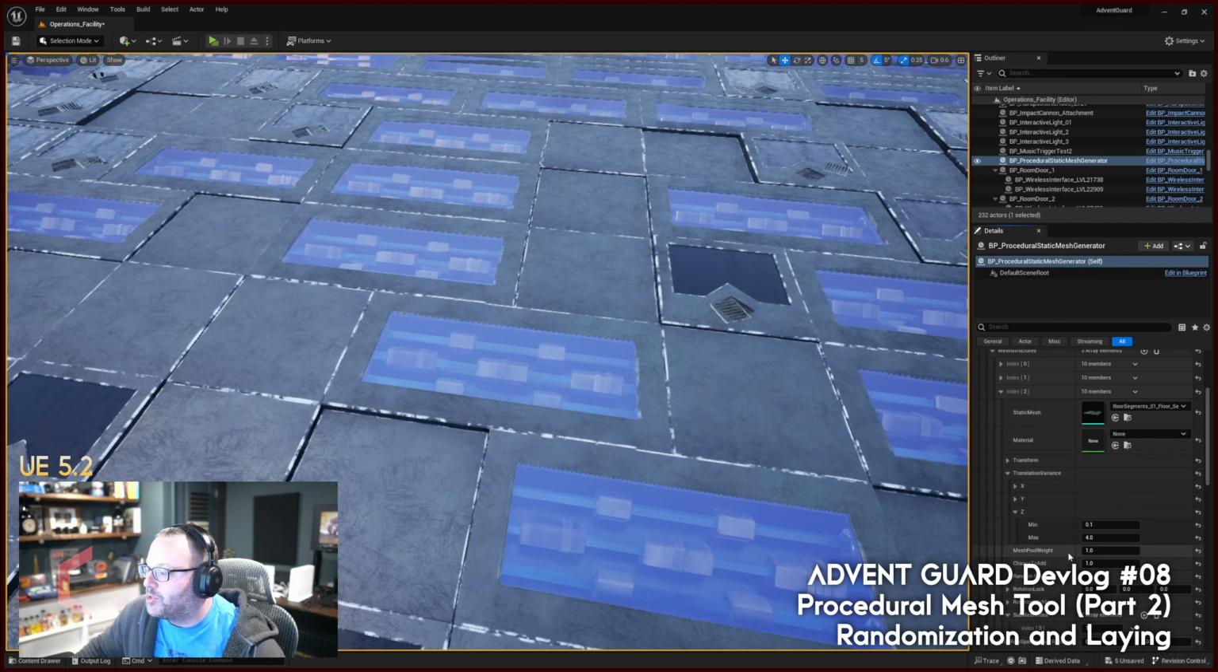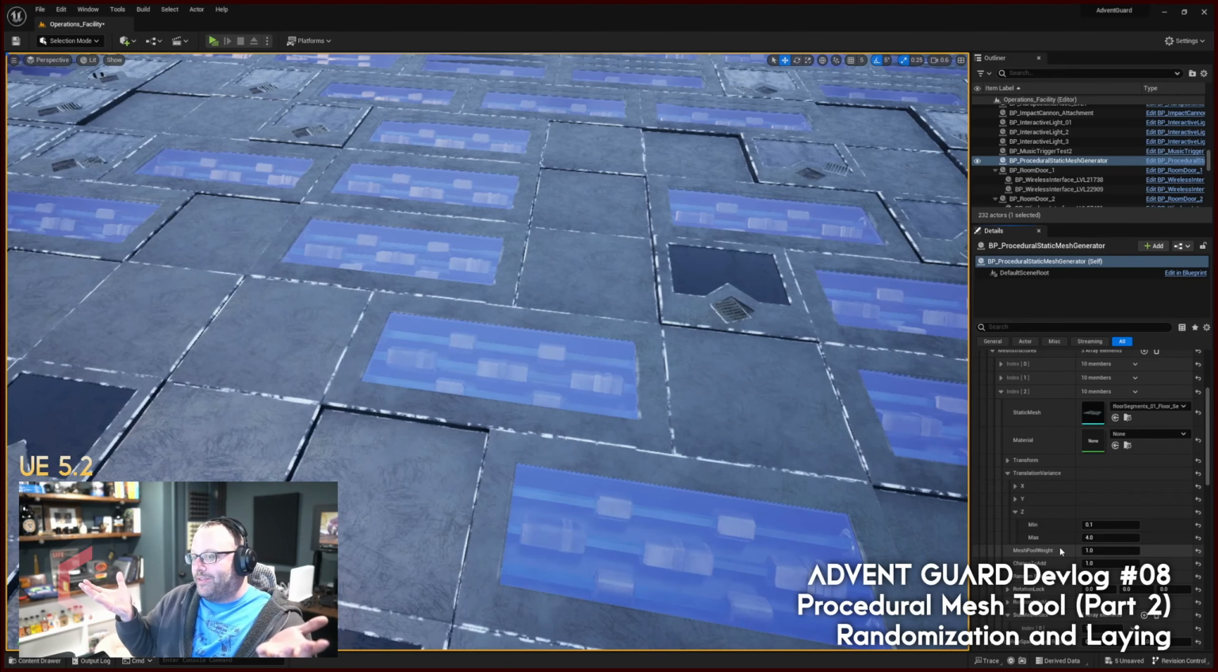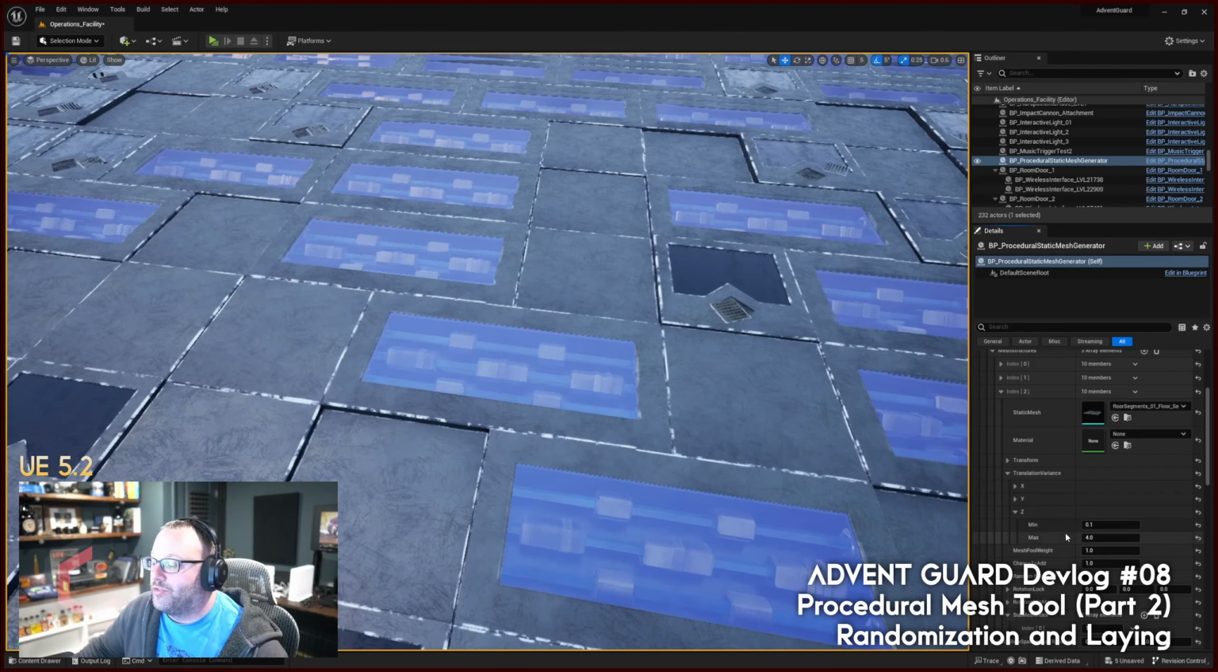So the mesh pull weight is essentially the weight up against all of the other meshes in the pool. Right now there's 3 meshes in this pool, and the chance to add is a 0 to 1 chance to add. So a 0.5 would be a 50-50 chance that it's even added in the first place or not. So a good use of that, in this circumstance, would be not on the main mesh, but